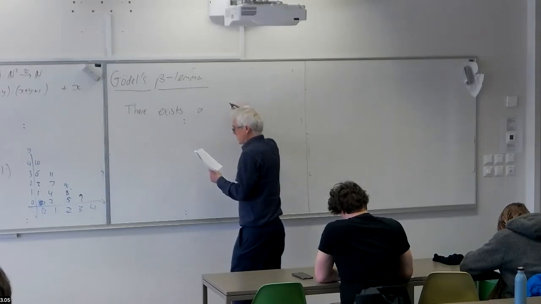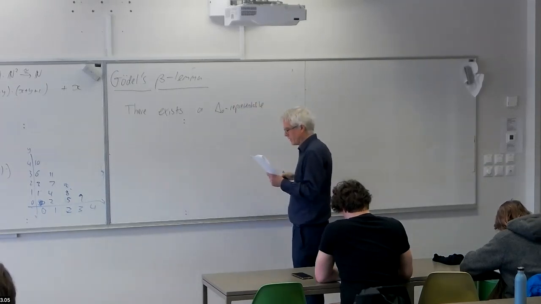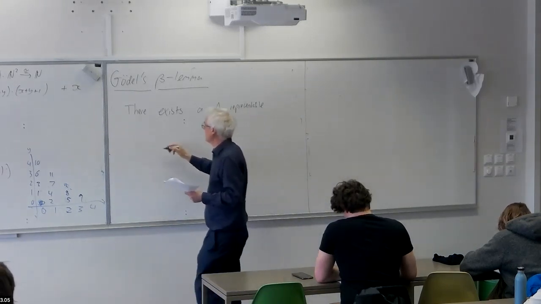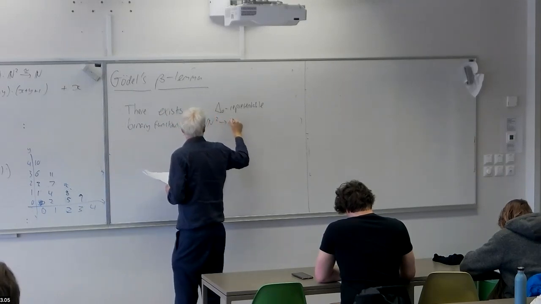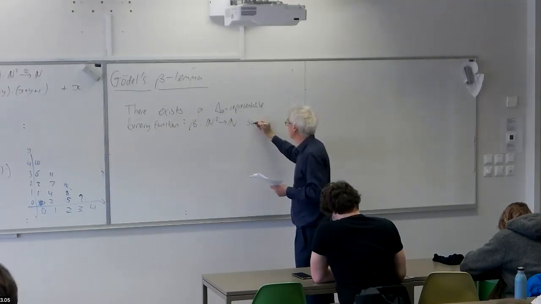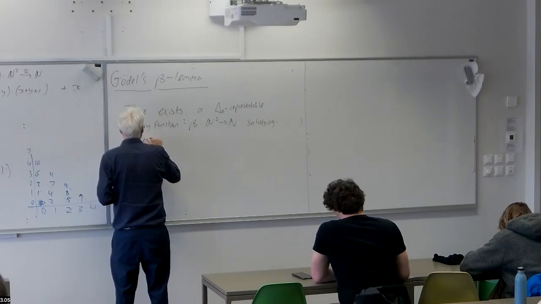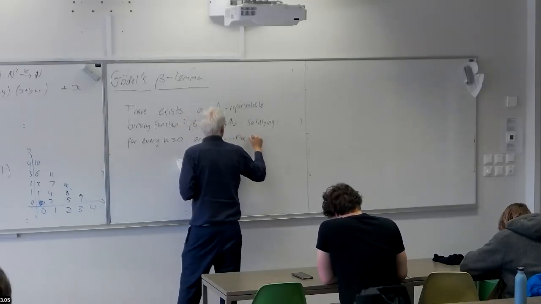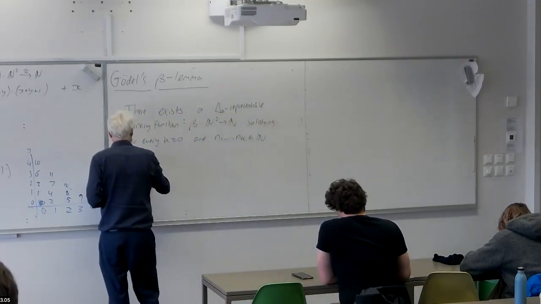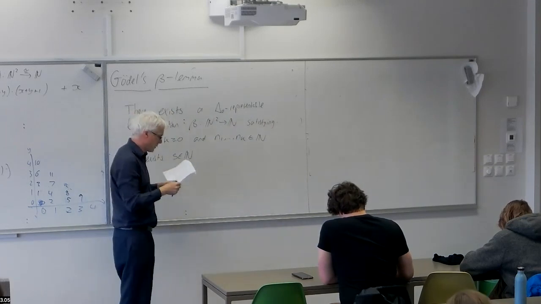So there exists a mysterious delta zero representable, so still by simple formulas involving only bounded quantification, binary function beta from natural numbers squared to natural numbers, satisfying that for every k greater than 0 and for any sequence of natural numbers of that length, there exists a natural number s, which we think of as the coding as a natural number of this finite sequence n1 through to nk.